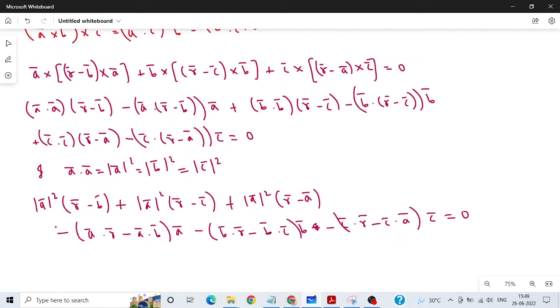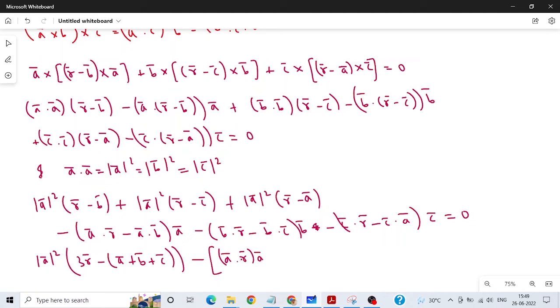So from the first three terms we can take magnitude of a bar square common, so we have 3 r bar minus bracket a bar plus b bar plus c bar. Okay, this is from the first three terms. Then we can take minus common from the last three terms. As I said, a bar dot b bar is 0, b bar dot c bar is 0, and c bar dot a bar is 0. So we are left with a bar dot r bar